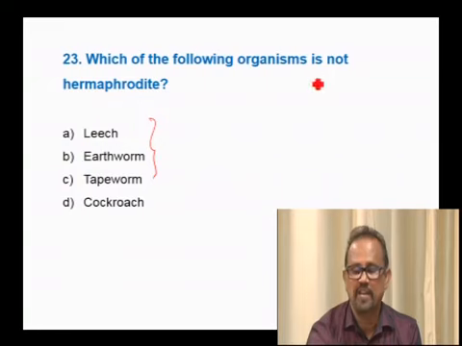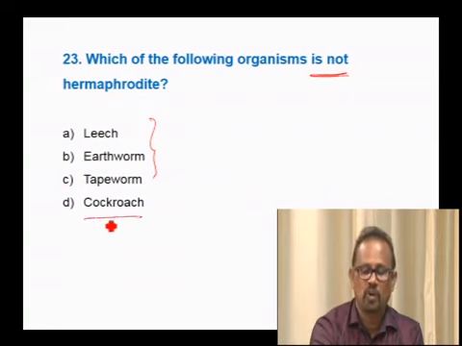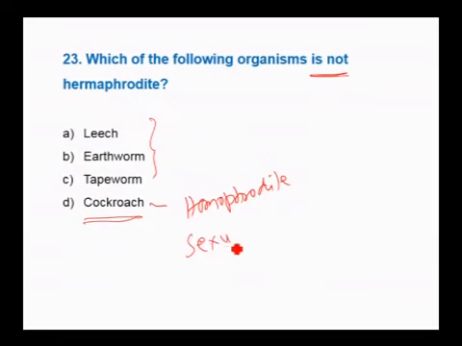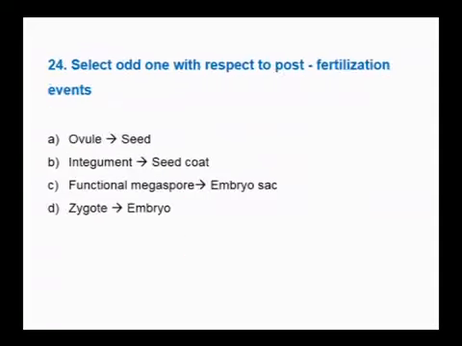But the question says, which is not a hermaphrodite. So cockroach is not a hermaphrodite. It exhibits sexual dimorphism, where males are characterized by the presence of anal styles, which you don't find in the female cockroach. There are so many other differences also. So with respect to the question, cockroach is not a hermaphrodite. Therefore, the answer is cockroach. Move on to the next question.